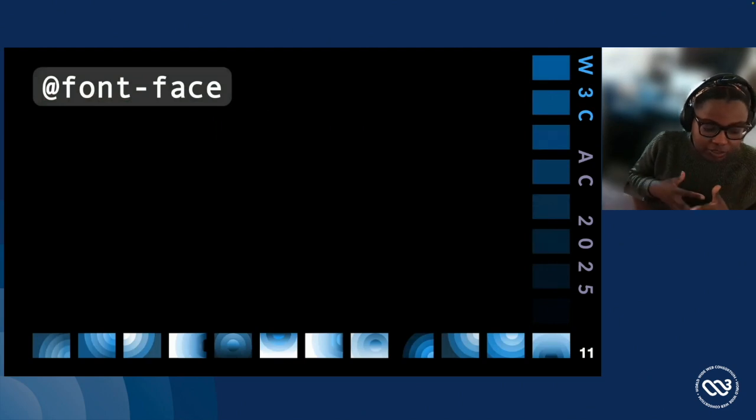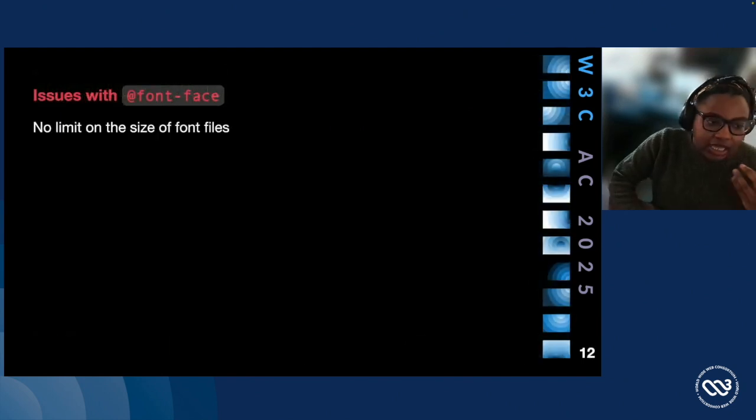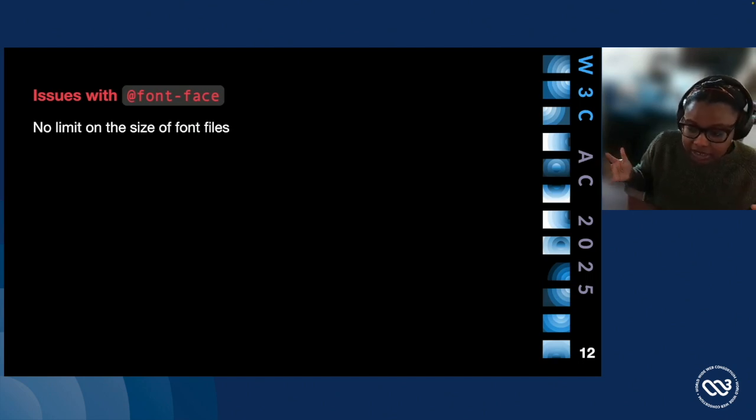Font face is another web feature. I think this is newer than iframes, which gives web authors the option to link to custom and/or variable fonts, which can be fetched and used when needed. Now, this was a great thing for web designers and front end developers. However, there isn't a size limit on font files, which means font files can be large, which can make them slow to download over 2G and 3G connections or fail completely.